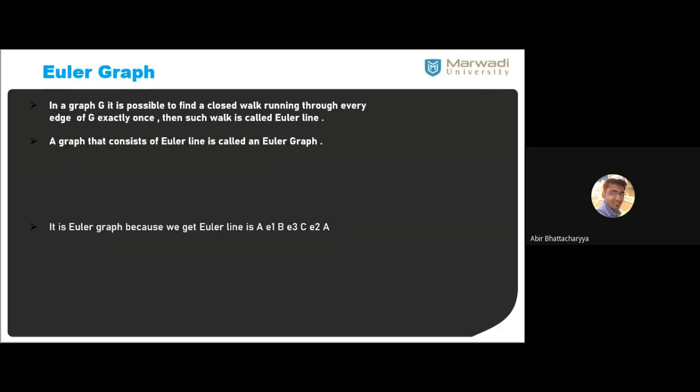One of the major concepts to discuss, and through this concept, we can slightly move towards the history of graph theory. History of graph theory means Königsberg's bridge problem. If you recall, Königsberg's bridge problem is actually related with the Euler graph. How? I will tell you. So what is an Euler graph?